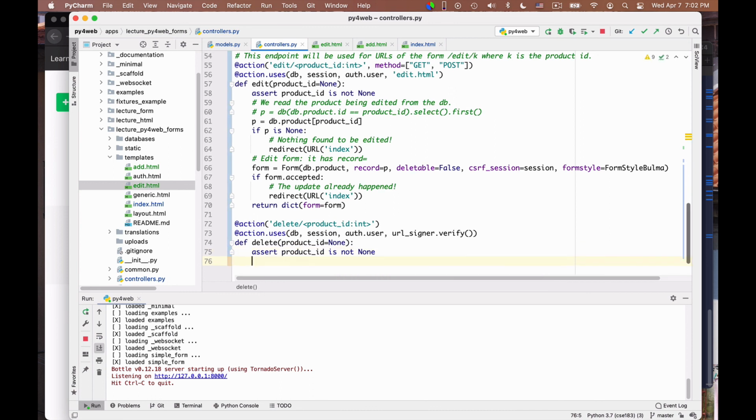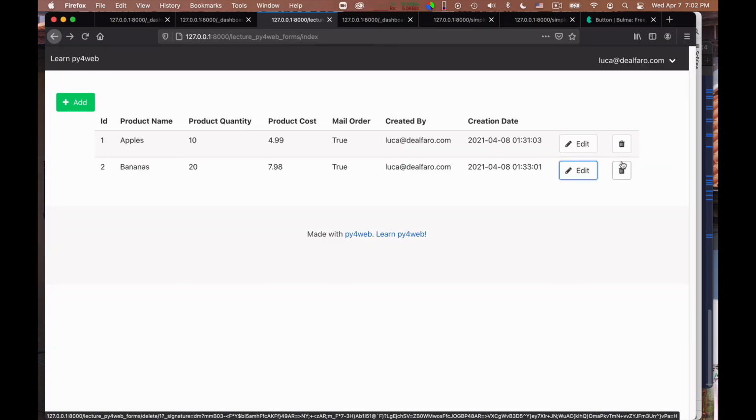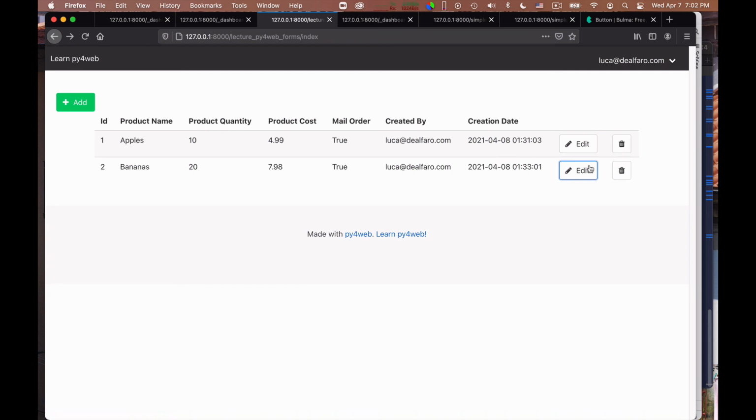Okay, so this is what will reject any attempt to click the button from places that cannot sign the URL properly. So here you can say def delete, for instance, or product ID is equal to none again, and here I can say assert product ID is not none. Okay, now there is a philosophical question, do I want to check that you are the owner of the product you are deleting? In truth, there is no need for it, because if you have displayed the product, this URL is signed, so you cannot invent, even on your own, a URL for deleting a product that is not displayed to you.